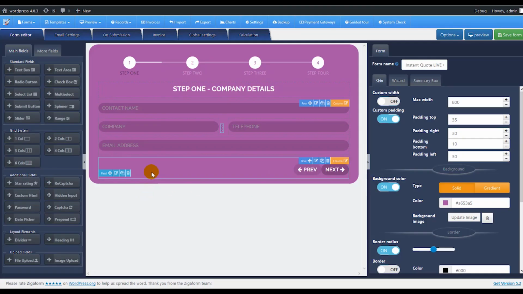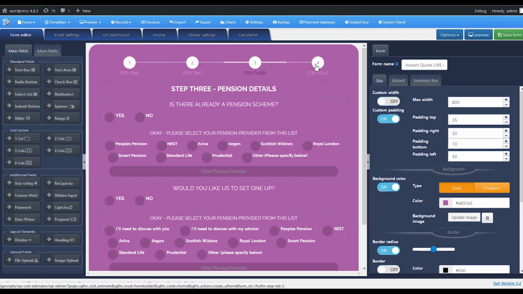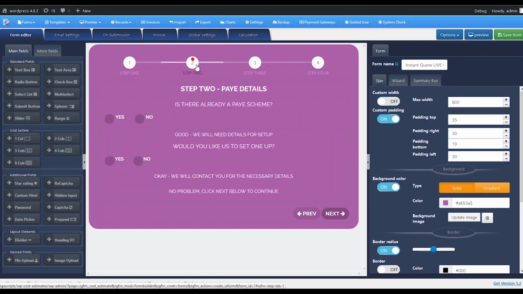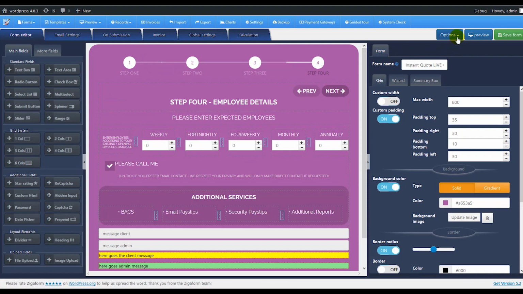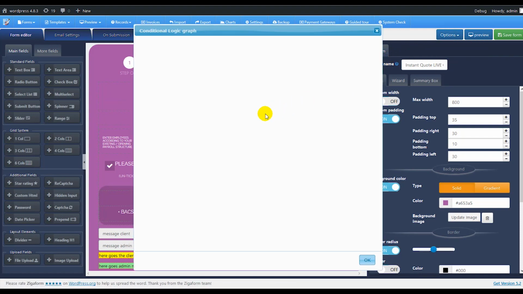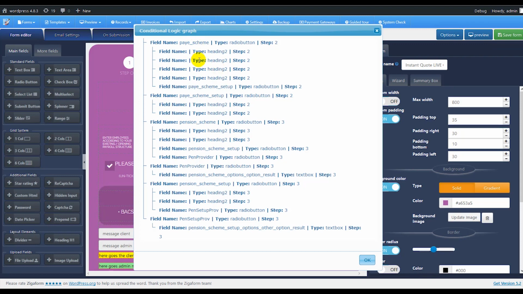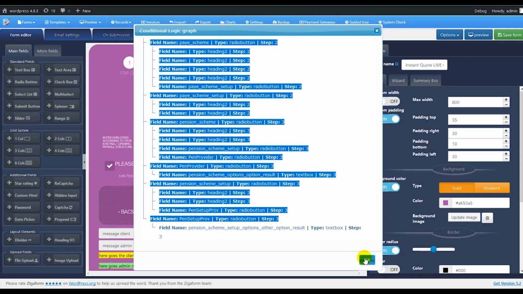Hello everyone, I'm going to make a form, but in this case it's not a simple form. This is a complex form because it has many fields, many conditional logics. We can see the conditional logic graph here. So many conditional logic,